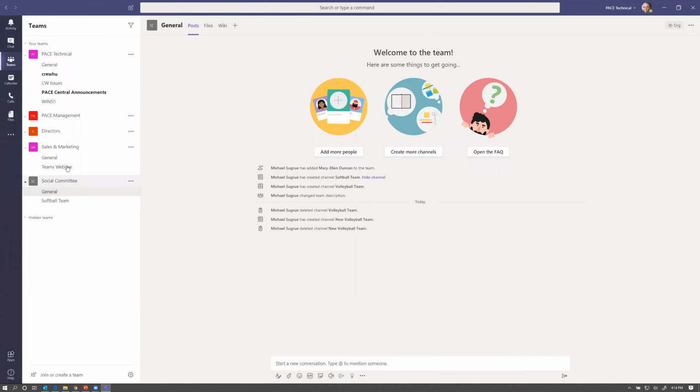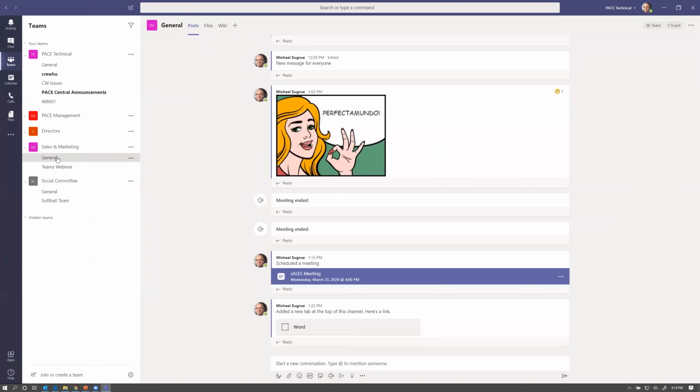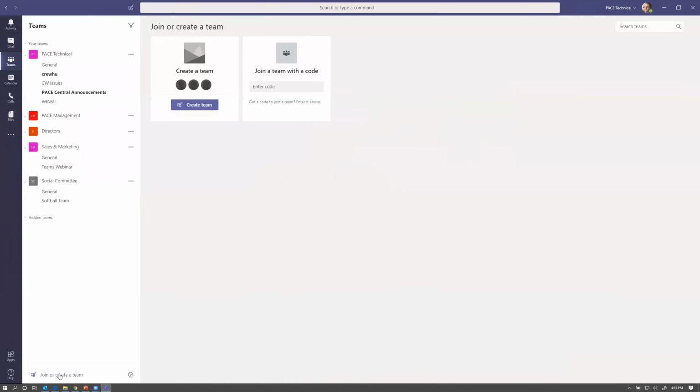So how do you join or become part of a team? Like I said before, someone may have added you or invited you, or you might need to search and manually join a team. So let's look at how you join and or create a team. So right down here is a link, it says right there, join or create a team. Once I click on it, first item here is to create a team. I can also from here join a team with a code, or if there's any public teams that are available that I'm not a part of yet, they're going to show up here and they're going to give me an option to join those. That's a simple one we could look at really quick, just joining an existing public team.